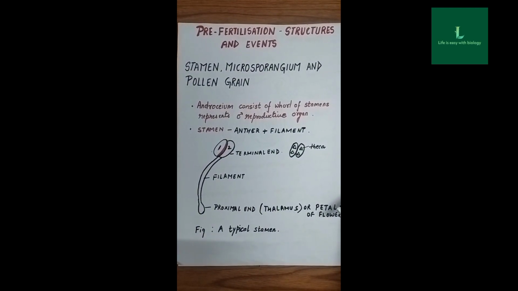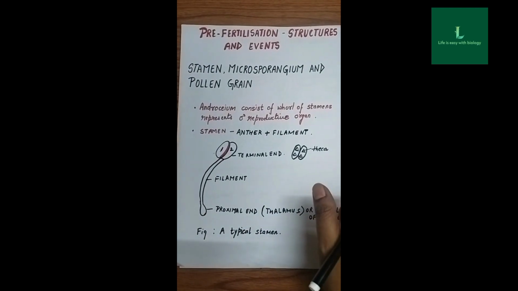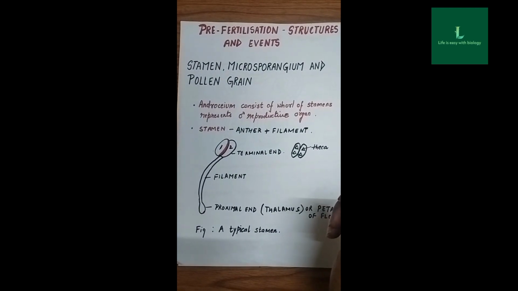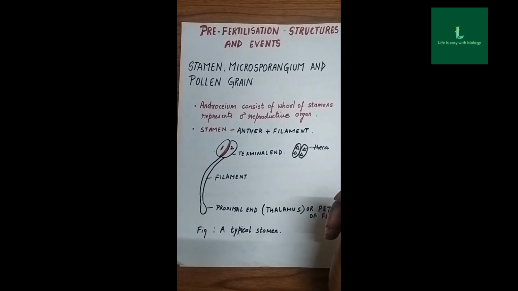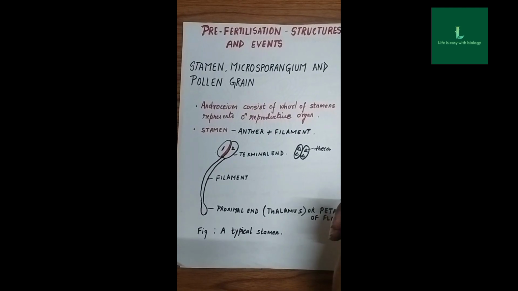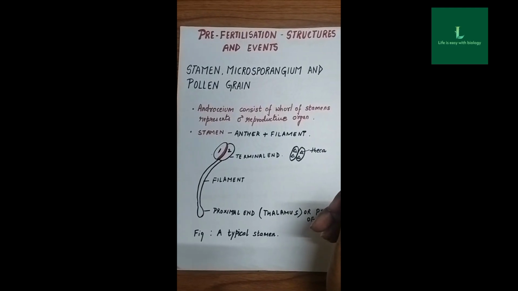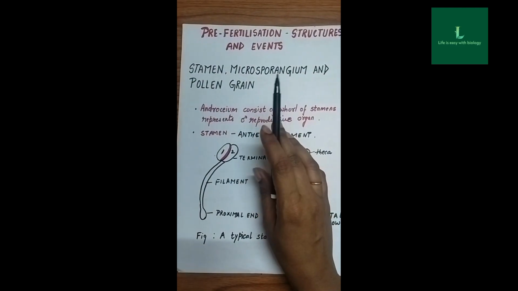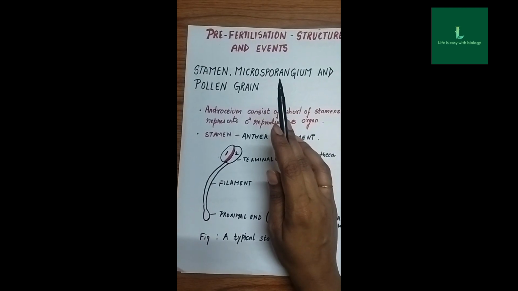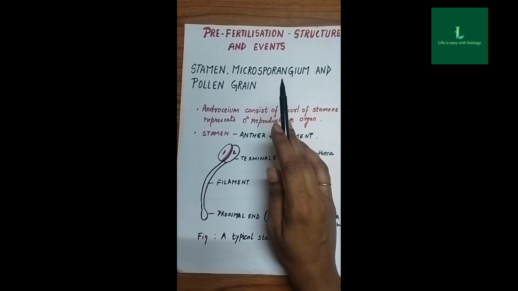Let's begin with the first topic that I dealt with yesterday also in my previous video, about sexual reproduction in flowering plants. The events involved in sexual reproduction, the three events that I've discussed: pre-fertilization, fertilization and the post-fertilization event. Okay, so in the pre-fertilization event we have studied that gametogenesis takes place, that is formation of gametes,